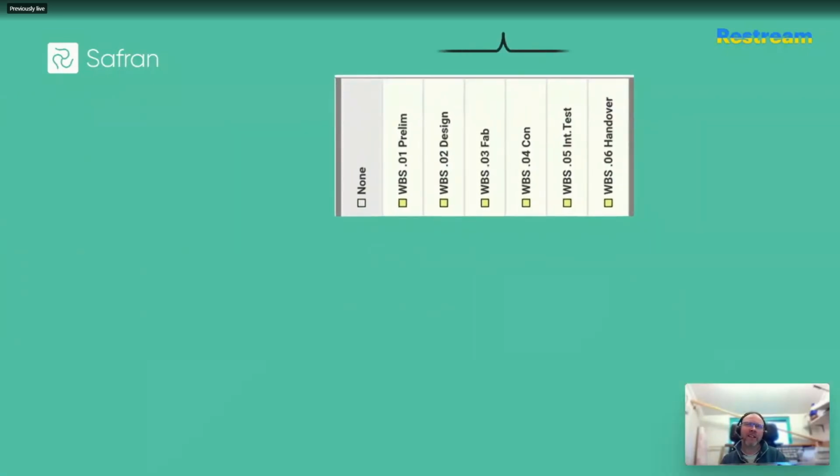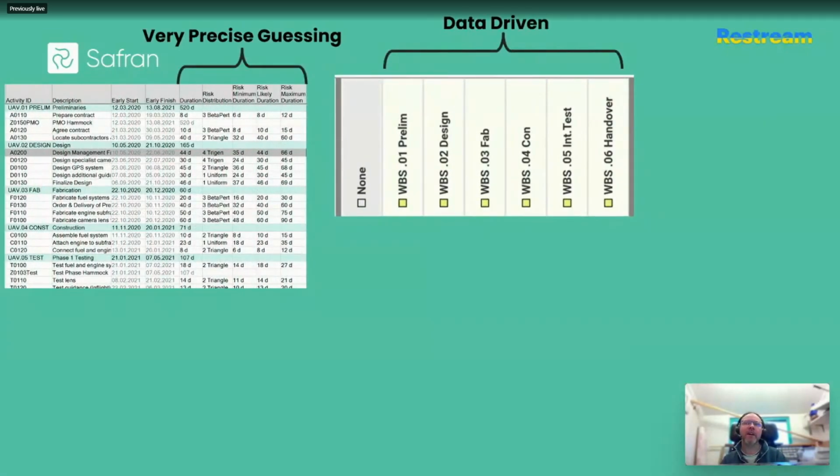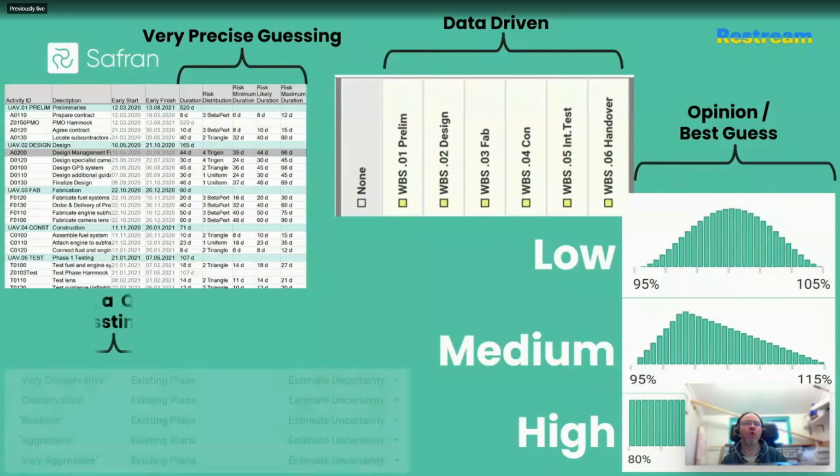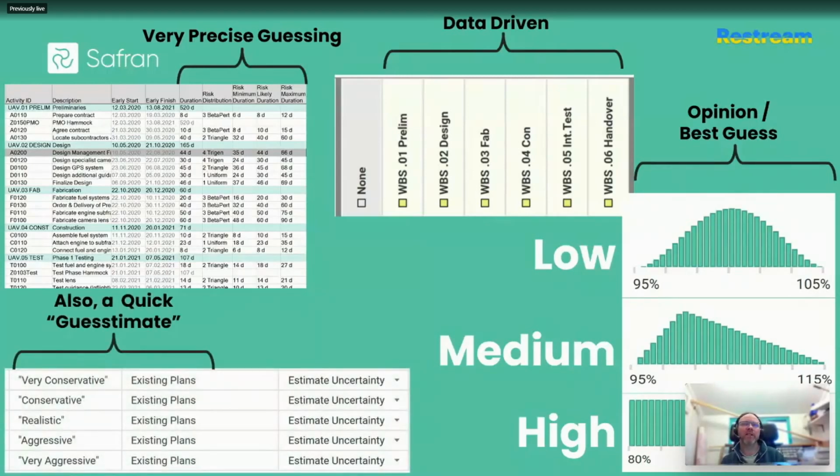So the advantage here, compared to some other schedule risk analysis tools on the market that I've used throughout my career as a risk manager over the last 17 years, is Safran is flexible to accommodate any of these imagined user cases. It isn't constrained to just one style. For instance, you may have used qualitative risk range categories like simply toggling low, medium, or high and applying a distribution to each of those. Or maybe you've seen this one, where you say a very aggressive kind of bias in the schedule all the way up to very conservative on a sliding scale.